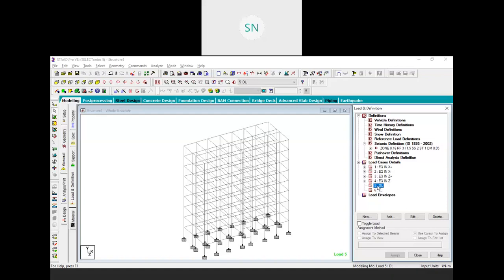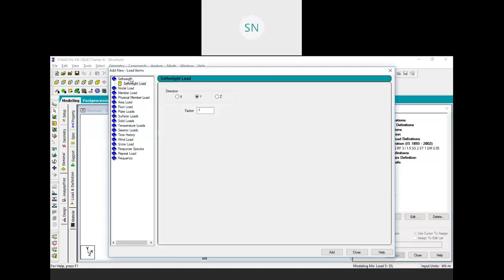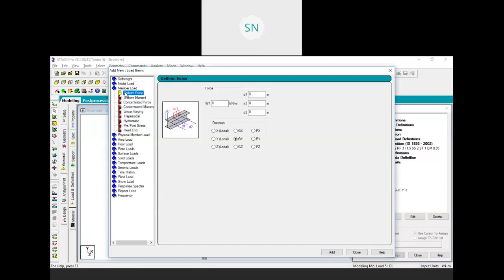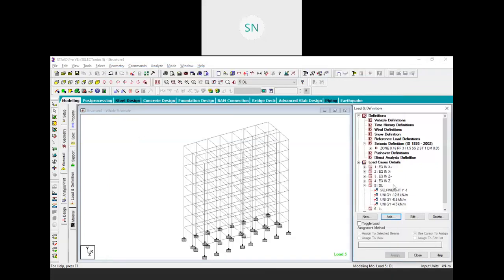So first of all, we will add all the loads. So click on dead load case, add self weight factor -1, add member load -12.5, add -6.5, add and -4.5, add. So we add 4 loads in our dead load case. Self weight assigned to view,